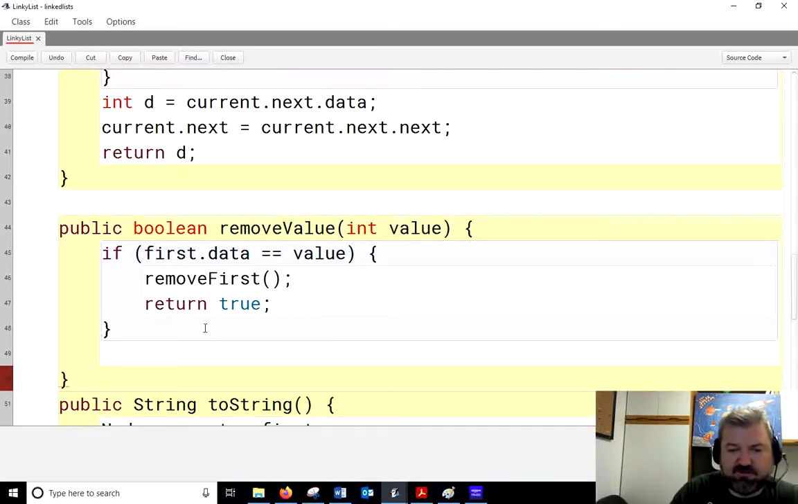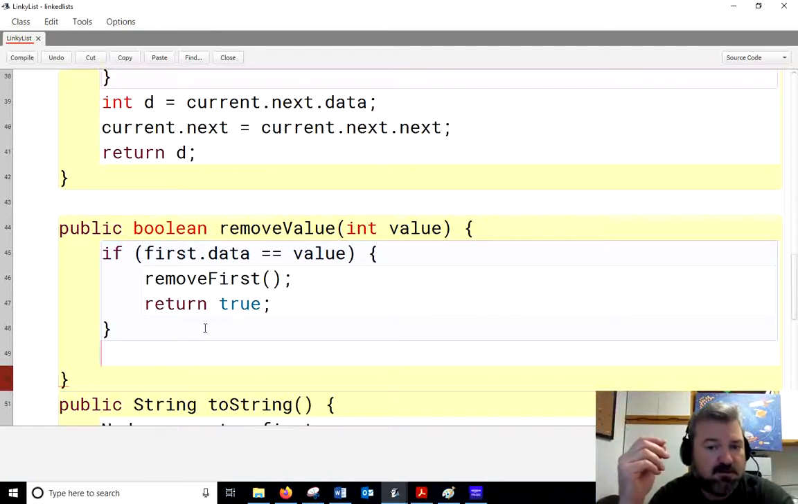Else, what should we do? Well, this is what I'm going to let you do. Loop through, iterate through the values using your current equals current.next until you find that current.next.data is the one you want, or if current becomes null. So if current becomes null, then you know you've gone too far and you need to